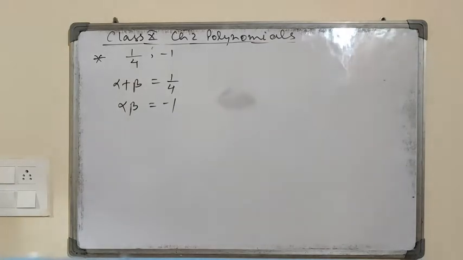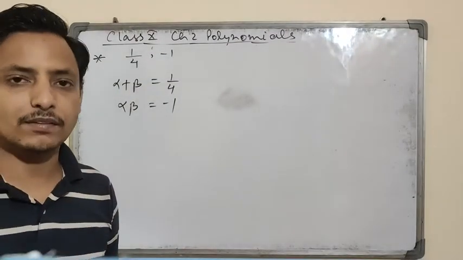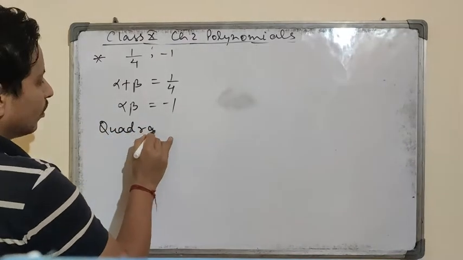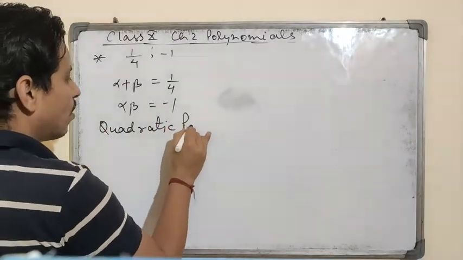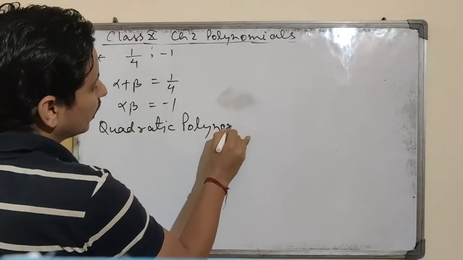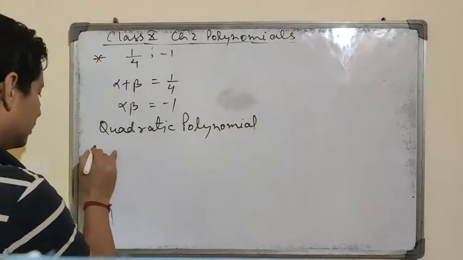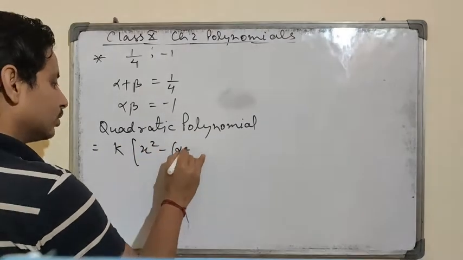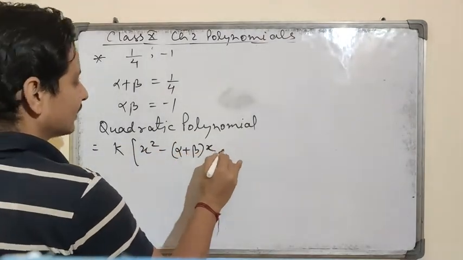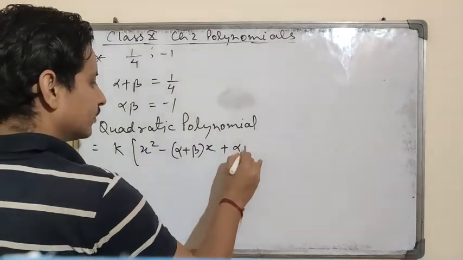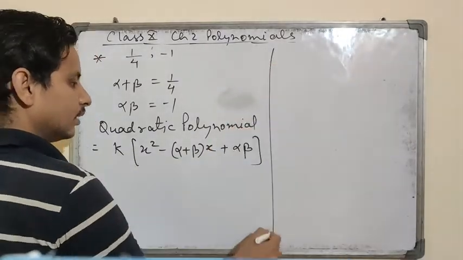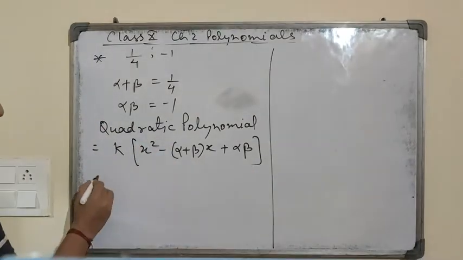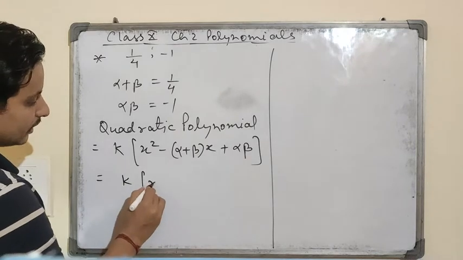अल्फा प्लस बीटा इक्वल टू 1/4 एंड अल्फा बीटा इक्वल टू -1। तो हमारे पास क्वाड्रेटिक पॉलिनोमियल फाइंड करने का फॉर्मूला होता है, क्वाड्रेटिक पॉलिनोमियल इक्वल टू k इंटू x² माइनस सम ऑफ जीरोस यानी अल्फा प्लस बीटा इंटू x प्लस प्रोडक्ट ऑफ जीरोस इक्वल टू k इंटू x² माइनस